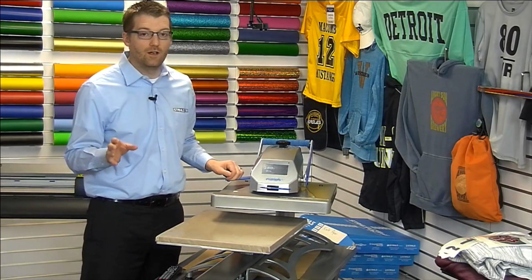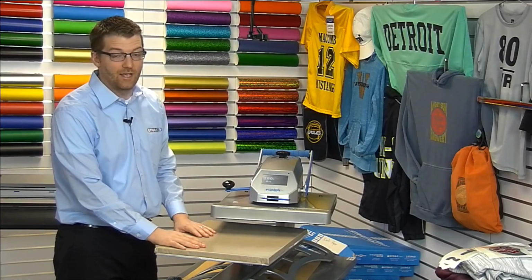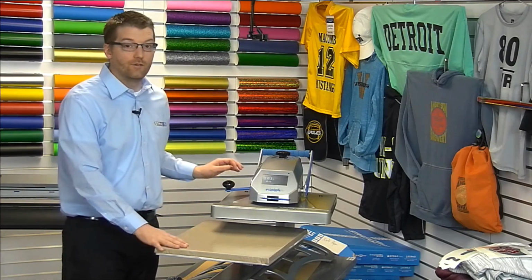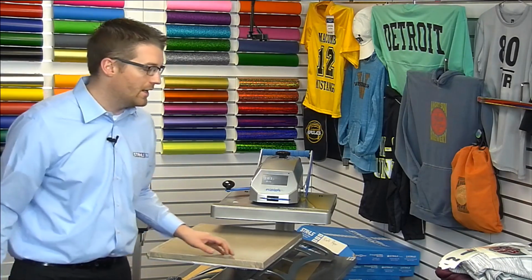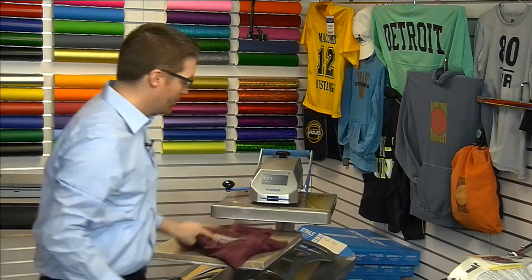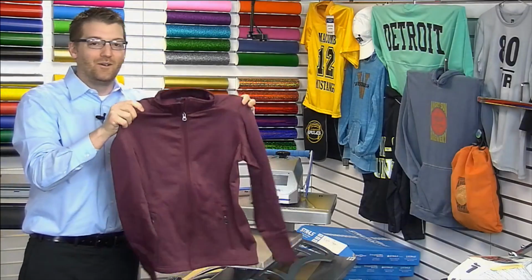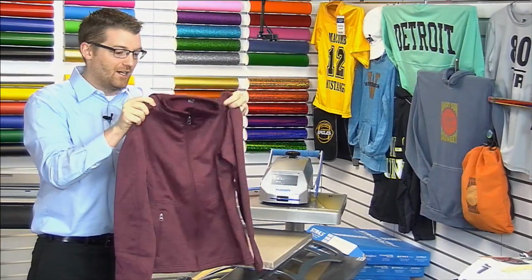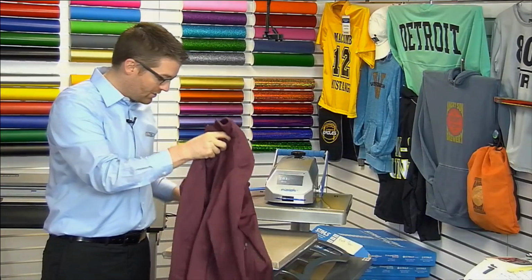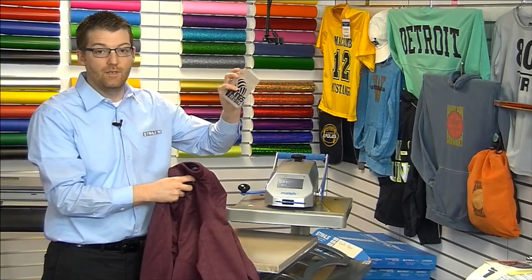And the thing that we love about this press is that it is fully threadable and it has the interchangeable attachments, which is a really big deal for decorating some of these fabrics. Let's go ahead and start with our marbled fleece garment. I'm sorry, with our DigiStripe garment. So we have the garment here. It's a small size. It's 100% polyester, and we've pre-cut a design out of CAD Cut Premium Plus and also